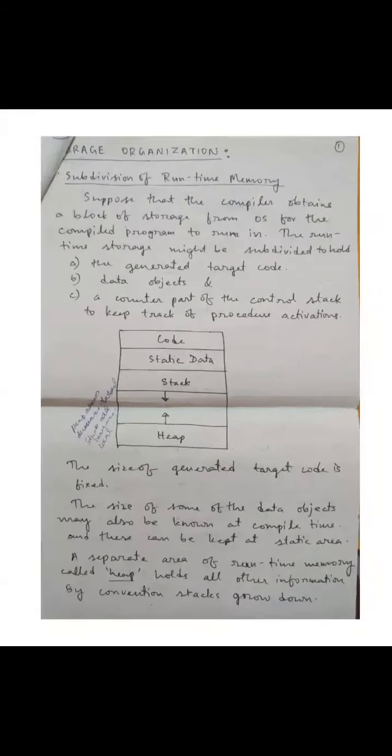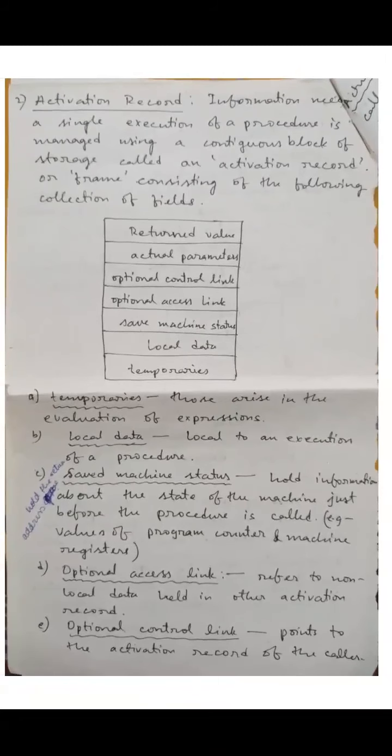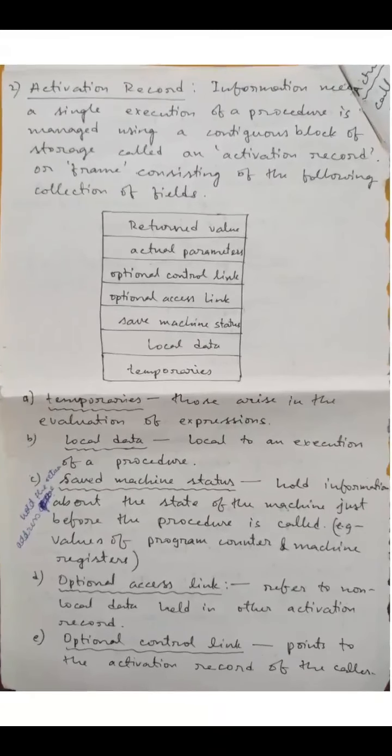Next, a very important point: activation record. We all know what activation is, right? Activation means when a program is running. What is an activation tree? The sequence of execution of functions is called an activation tree. We have shown an example using Quickshot. Okay, now what is an activation record? So three terms: activation, activation tree, activation record.